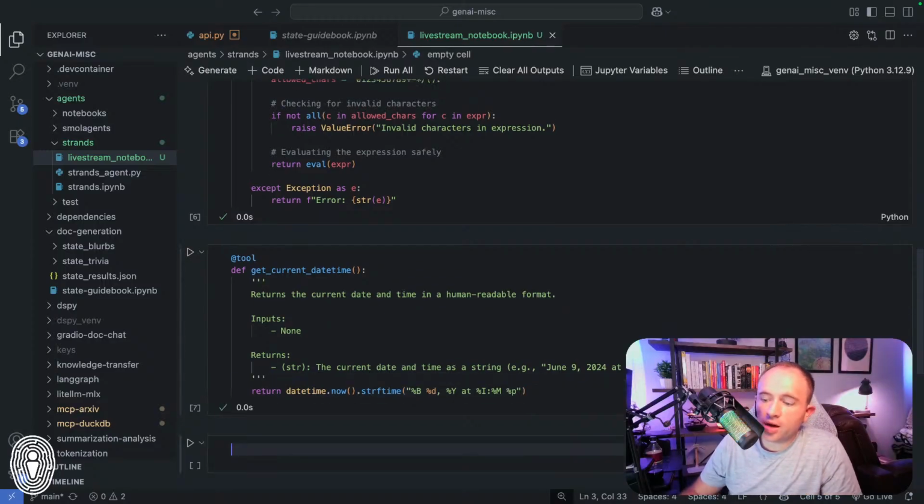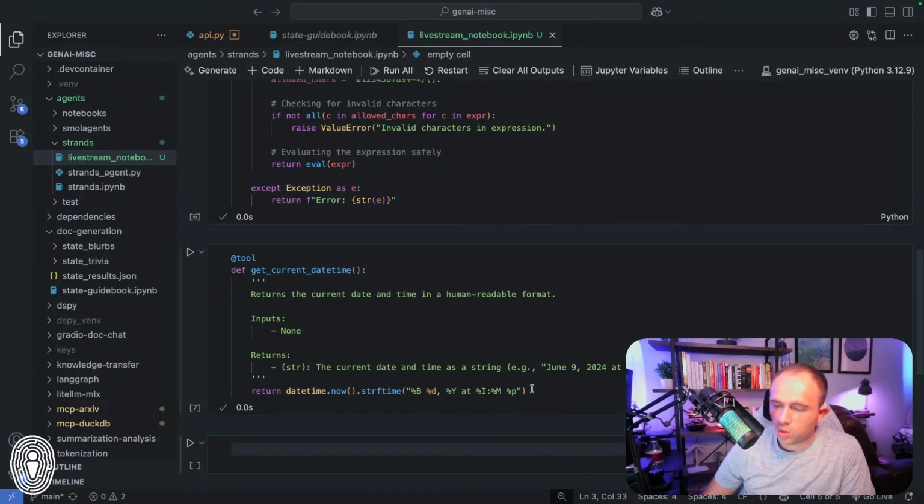All right, so now we are ready to go ahead and create the agent, and then we can start invoking it. Now, just to demonstrate how these various agents work, I'm going to create three variants of agents. The first agent is going to be bare bones. We're not even going to supply it the tools. It's going to be our control agent, if you will.